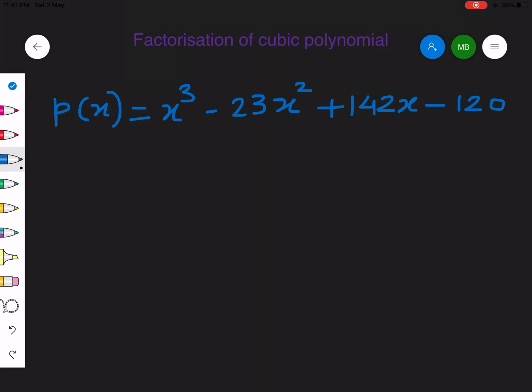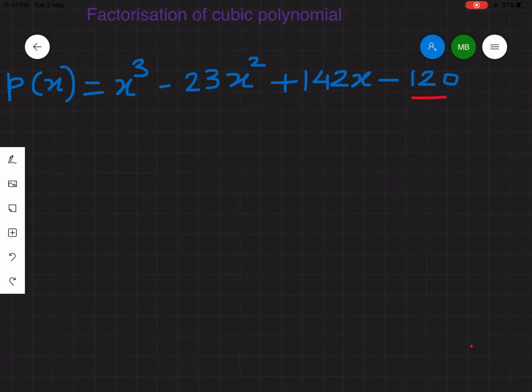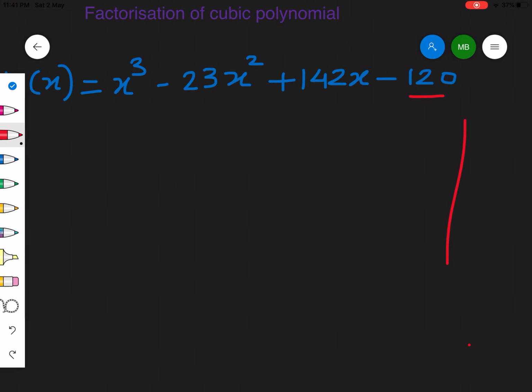So what basically you have to do is, I'll just move to this. Can you see this constant term, minus 120, over here? So we'll start with listing the factors. We'll list the factors of this. If I have to list out the factors of 120, what will it be? It will be plus minus 1, plus minus 2, plus minus 4, and a long list of factors, isn't it? Even plus minus 5, plus minus 10, plus minus 12, plus minus 6 also, plus minus 3 also is a factor of this.